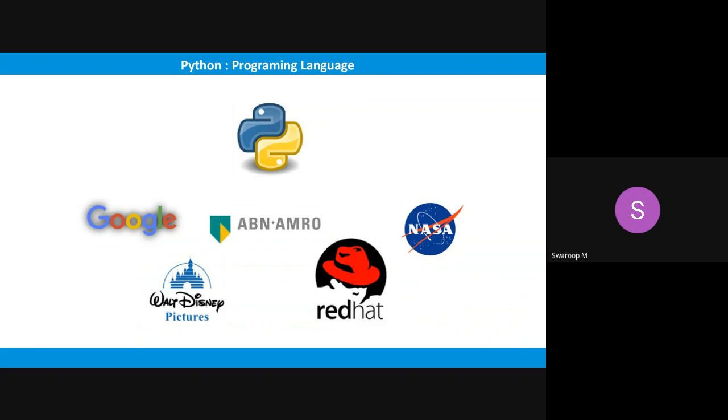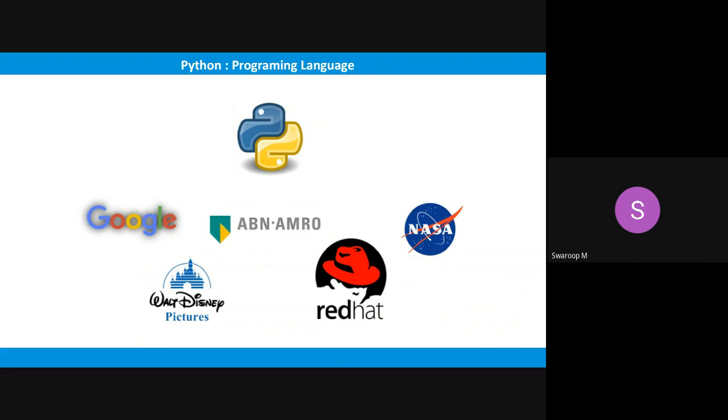If I want to build an image recognition system, a speech recognition system, a ChatGPT kind of product, a Google search engine kind of product, or a stock market analysis product, free of cost, I want to get the help of libraries or packages. All these packages are freely available in Python